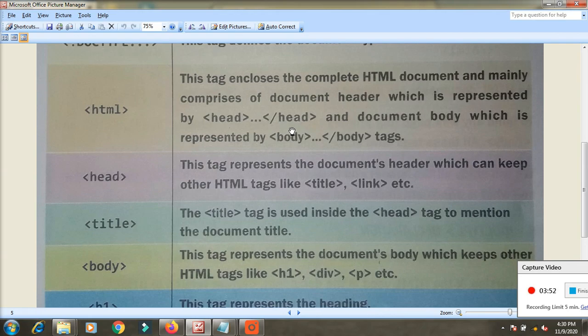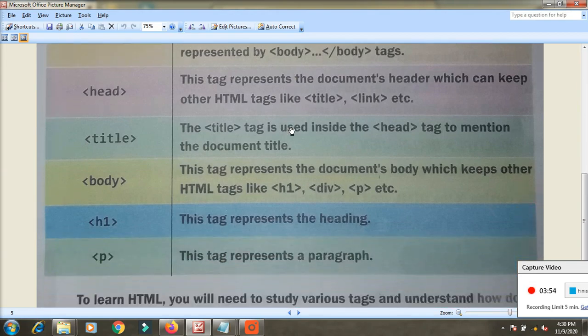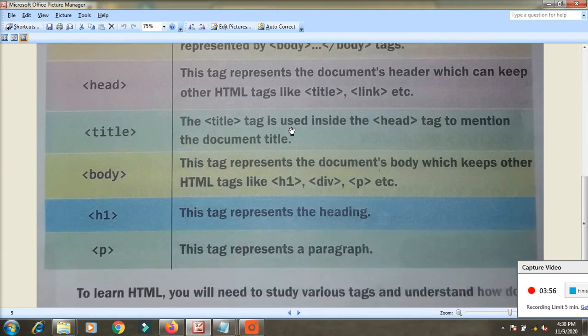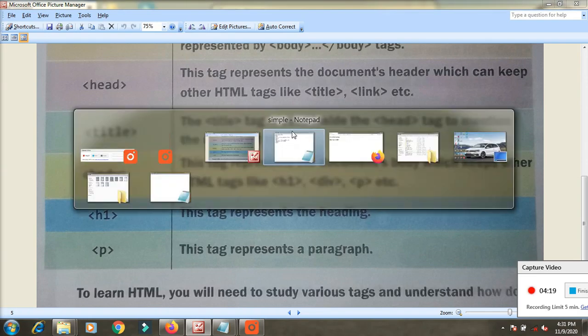Next, head. This tag represents the document header, which can keep other HTML tags like title, link, etc. For example, if you are using an HTML page, I am going to show you.